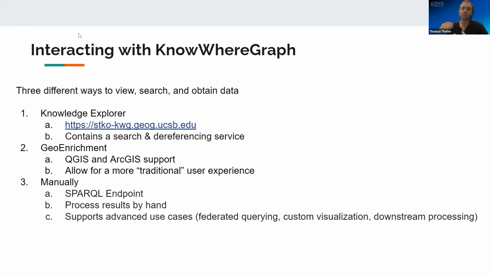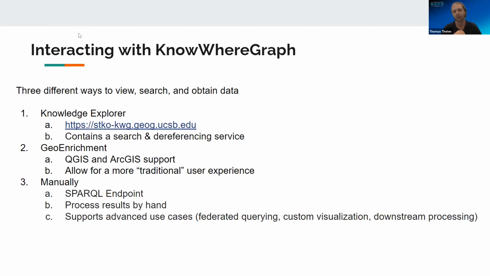All right, so now that you've seen what's in the graph and how it's connected, we're going to shift over and start talking about how you can interact with this and how you can obtain this data. There are 3 different ways to view, search, and obtain data in KnowWhereGraph. The first is using the Knowledge Explorer stack, and this contains a search interface and a